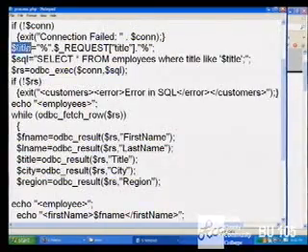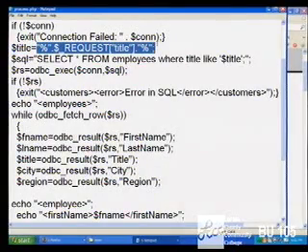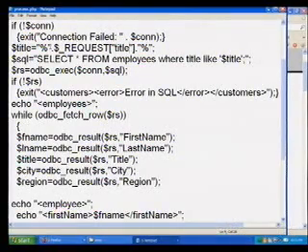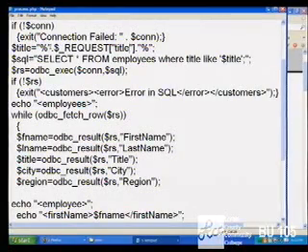I'm grabbing the title that I'm searching for from the query string. So it has to be in a field on the query string called title. I concatenate a percent sign before and after it. That is because, again, the standard in SQL is that you use the percent sign for the wildcard. All right? Those of you that maybe have used Access before know that Access uses an asterisk for wildcard. But this is going through ODBC, and therefore we use the standard, which is the